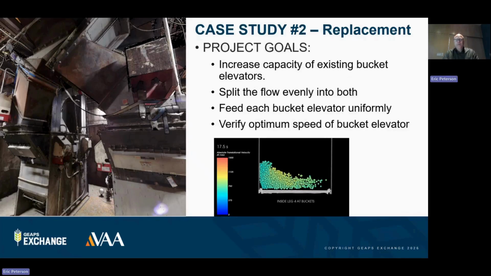Case study number 2. This one is an existing installation, and the picture on the left is the existing spout chute work and 2 bucket elevators side by side. So it's kind of an older design grain elevator where you have a single drag conveyor that is split, or the idea is to split it and have 40,000 bushels an hour split to 2 bucket elevators at 20,000 bushels